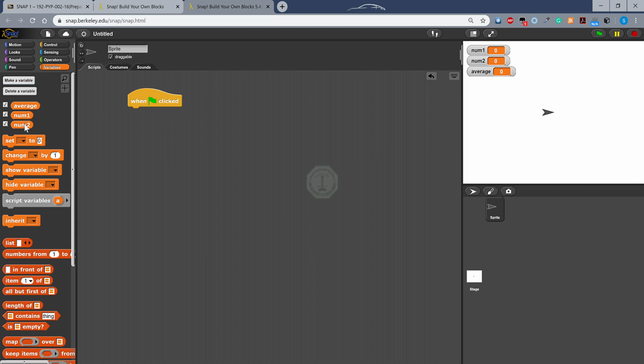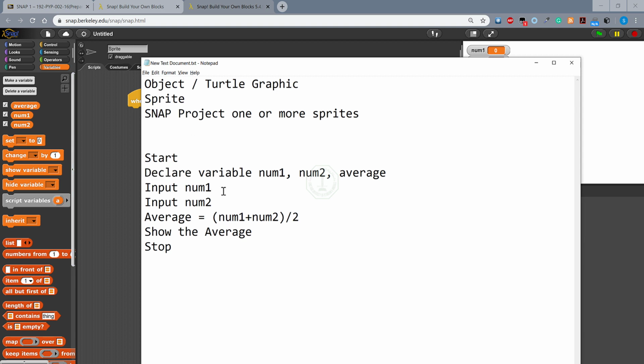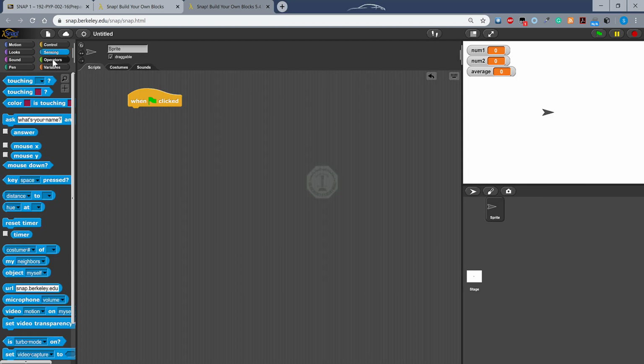So the next step is to input each variable, the input variables, each one of them I will input one by one. And how do we input? We ask to enter the first number for the first input, and what we will do is we will go to the sensing group. There is a block that is called ask. So I will take it out and place it near the green flag block, and you will see it will snap together, and I can change the message from here. From what's your name, I can say enter the first number